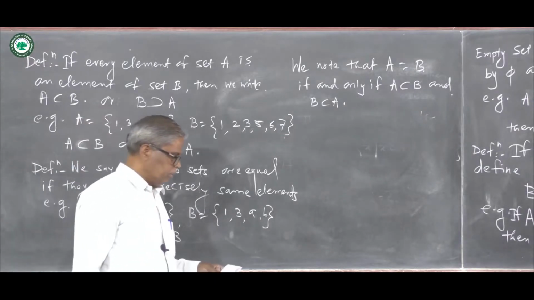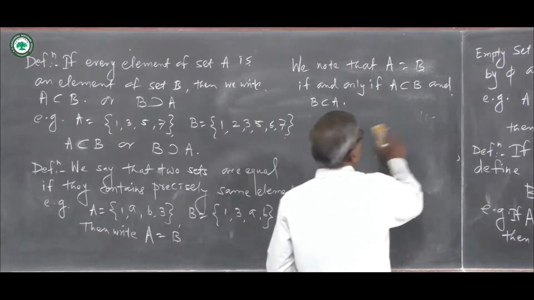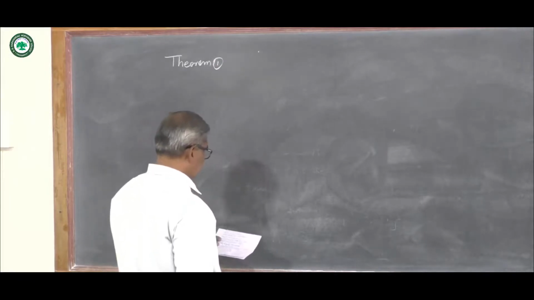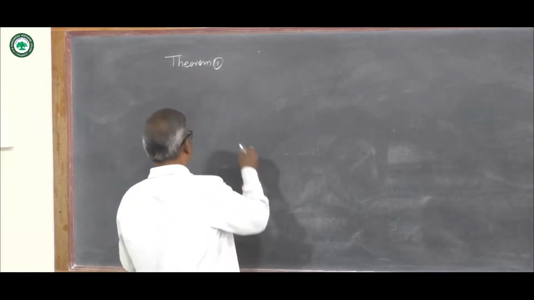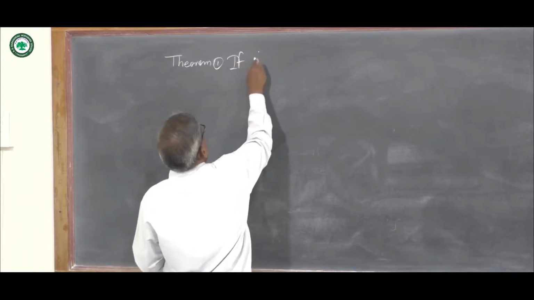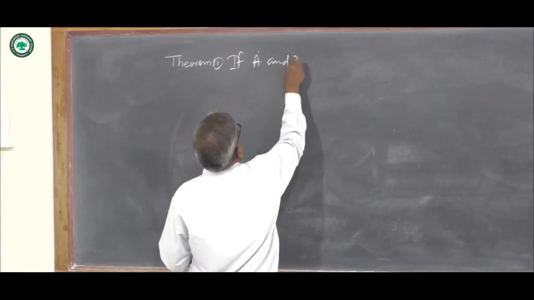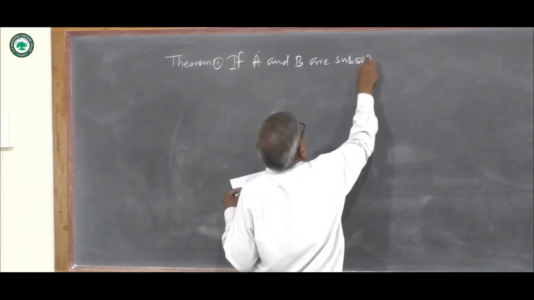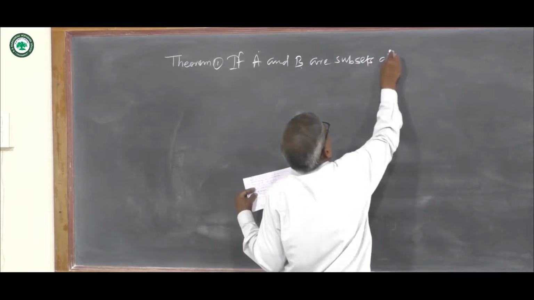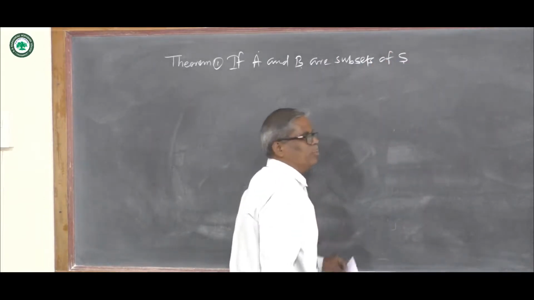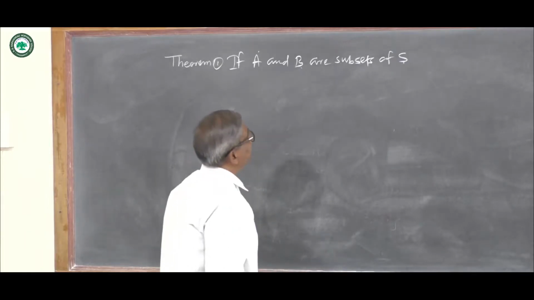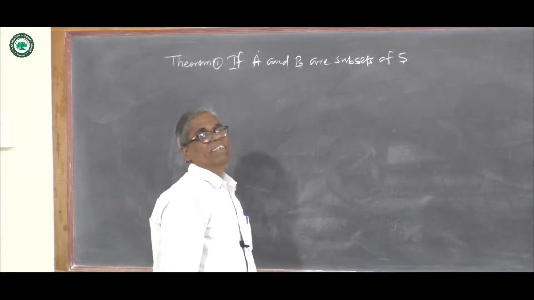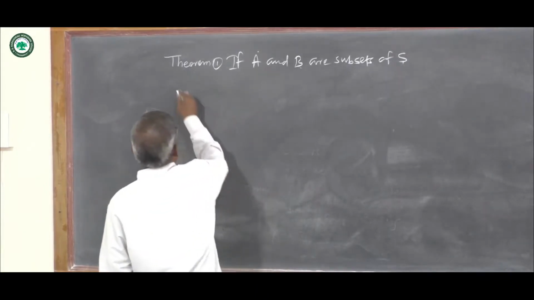Now we see the theorem. If A and B are subsets of S, where capital S is the big set, that is the universal set. A is a subset of S, B is also a subset of S. That is, S contains both the sets A and B. Then